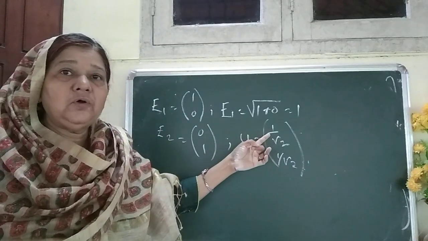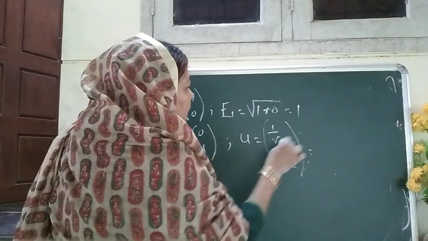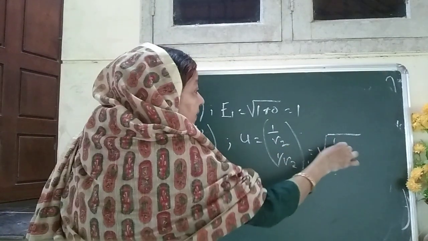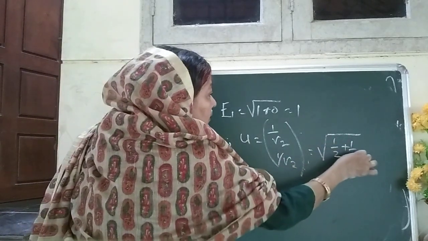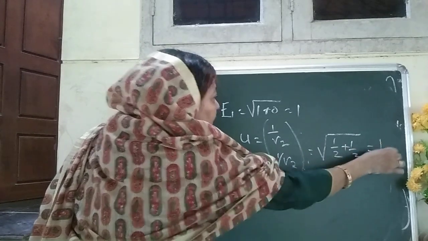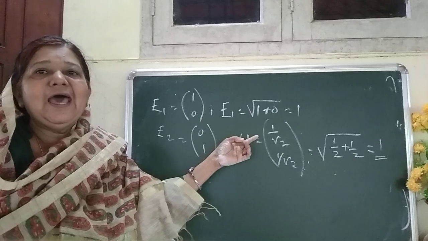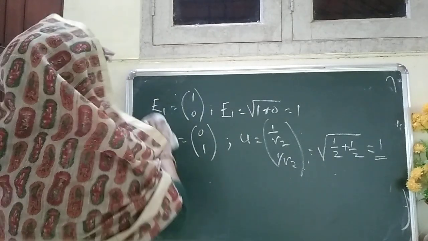What is root of a squared plus x squared plus y squared? That is root of (1 by root 2) the whole square, that is 1 by 2, plus (1 by root 2) the whole square, that is 1 by 2, equal to root of 1, equal to 1. Therefore, (1 by root 2, 1 by root 2) is also another unit vector. Then we can find another important unit vector, that is,